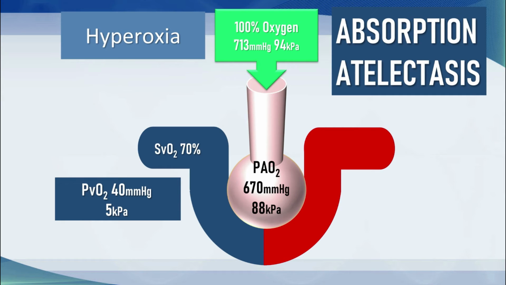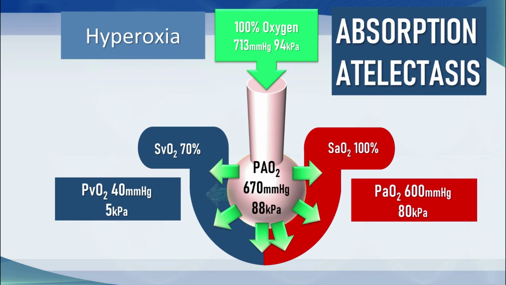And of course, the bigger the concentration gradient, the more rapidly that oxygen flows out of the alveoli into the blood. And as a consequence of this, the PaO2 goes up to maybe 600 millimeters of mercury, or up to 80 kilopascals within normal lungs. But something not so good happens here, because as a result of all this oxygen flowing out of the alveoli,